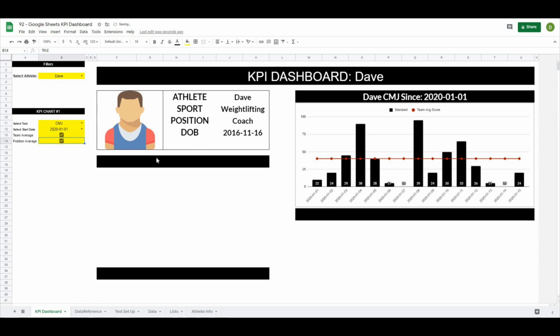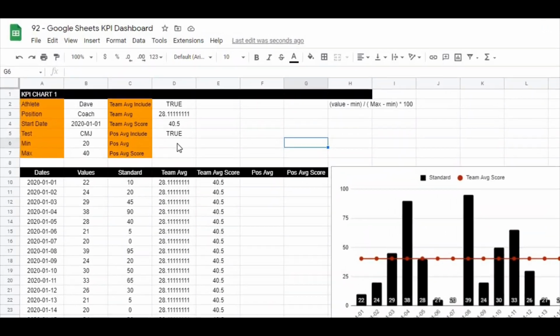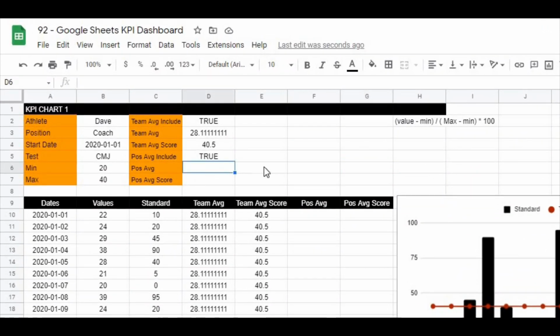Let's do a very similar set of steps for the position average. I'll leave that on true so that we can see the line. Go back to our data reference tab. Okay, so then the next thing that we have to do is actually pull out the positional average, and we're going to do that very similar to how we did the team average, except for now we're going to be using a function called AVERAGEIFS because we have a condition of it has to match the position. So how we're going to do that is in the position average, I'll type equals AVERAGEIFS, open that up,